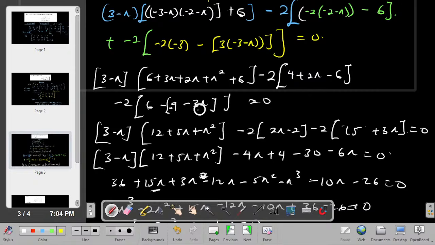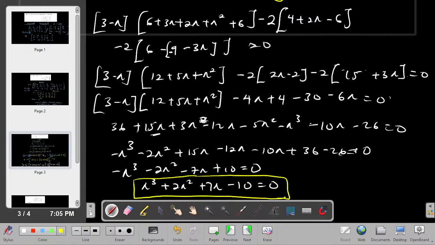So we have, this is plus lambda, 3 lambda, positive. So this will multiply this expression, and this expanded to negative 4 lambda plus 4, right? This is minus 30 minus 6 lambda. Nicely done. So at this point, you multiply this here, and we got this times this, which is